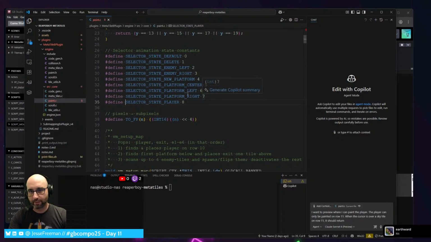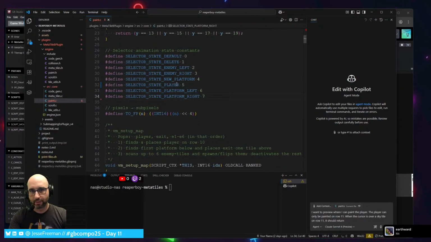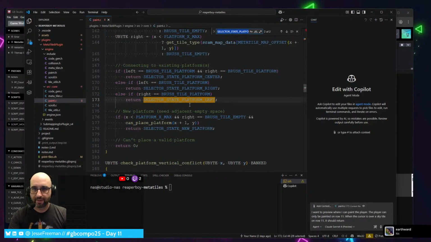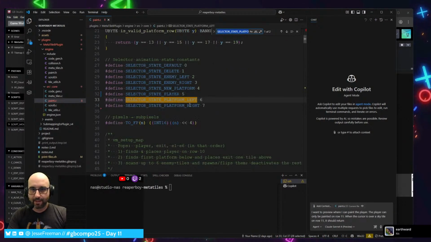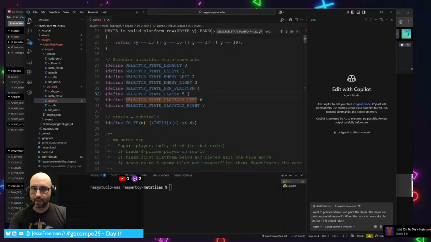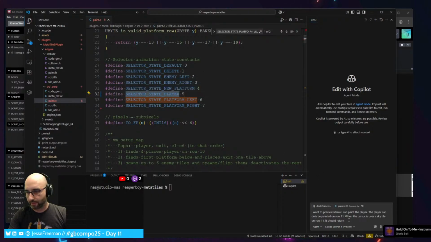Delete for this, this is actually here. This is nothing. Player left. There was no player center, so 0, 1, 2, 3, 4, 5. All right. Selector state player 5, selector state platform left. Okay, so we wanted to return, should return